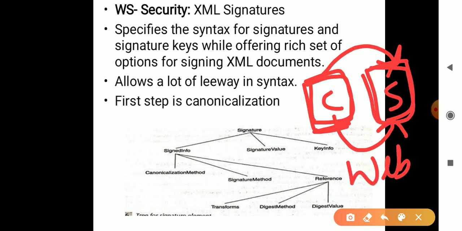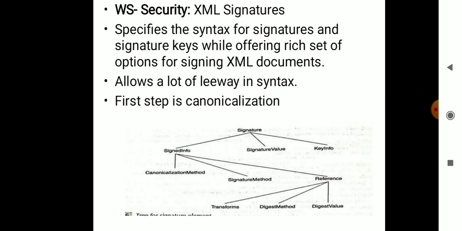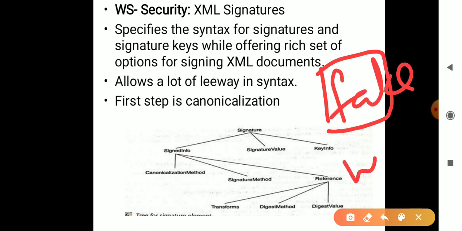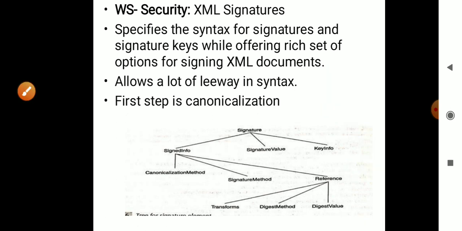Then we use these XML signatures, and also to identify a fake website. As you know, lots of websites are being created, so all these tokens, XML encryption and signatures help us identify fake websites. Okay, hope the concepts are clear for you. Thank you.